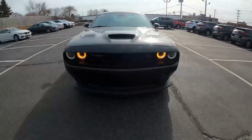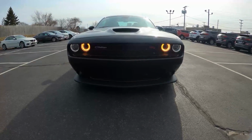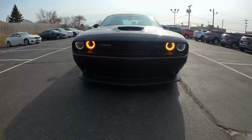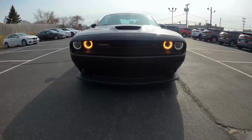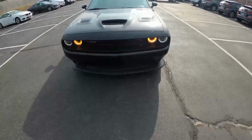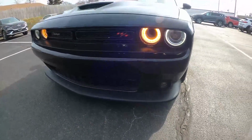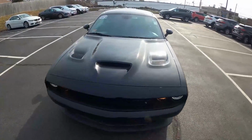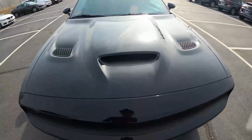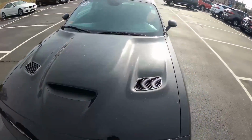Alright, so the first thing you notice up front here, you do get the Challenger badge and the RT badge, and you also get these orange circular headlamps. The daytime running lights, they look awesome in that orange. You do get some LED fog lights as well down here, along with a plastic splitter. You do get hood scoops up here. You get one center hood scoop, and you also get two hood vents, one on each side, and they are